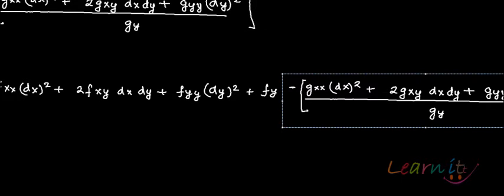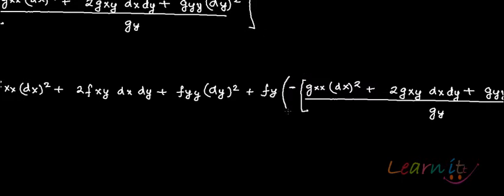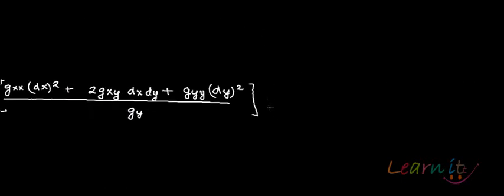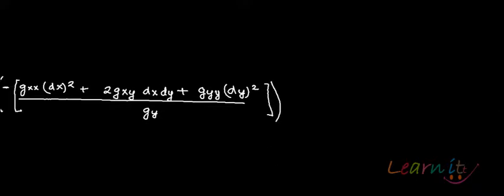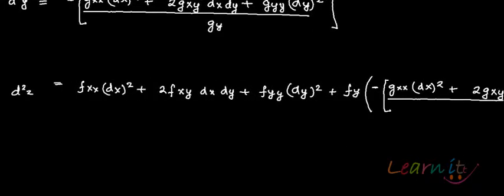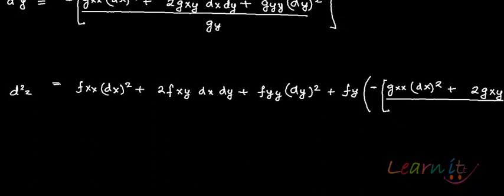Okay, this is the entire expression which you have for d2z. Now what you have to do is, again, you will have to take all the like terms together. So in case you take all the like terms together, what you will have eventually is fxx minus fy by gy gxx